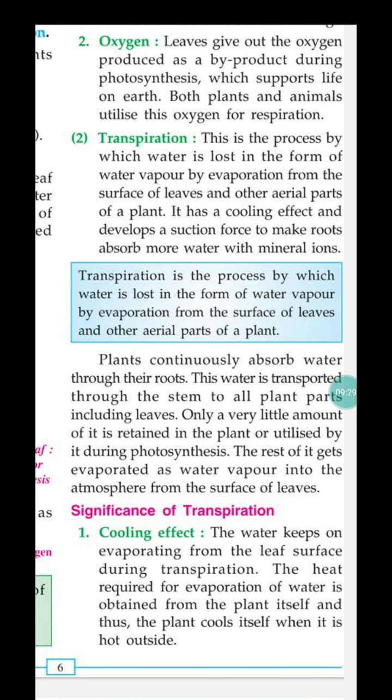What is the use of opening and closing of stomata? By this only, carbon dioxide is able to enter inside the plant body and oxygen is able to go out of the plant body. We have our nose for exchange of gases, isn't it? In the same way, plants have a special structure called stomata for exchange of gases.